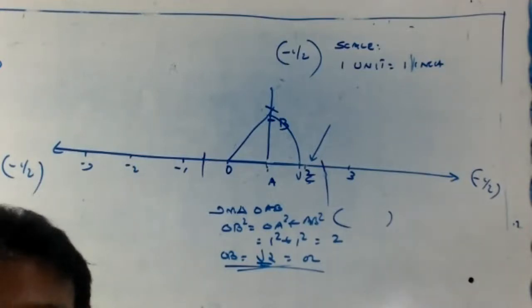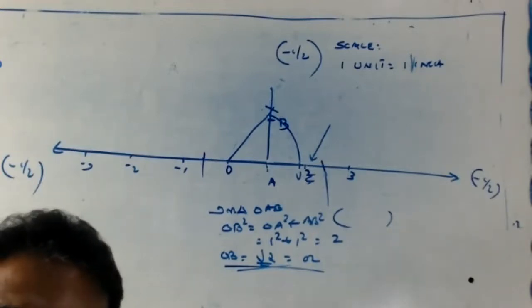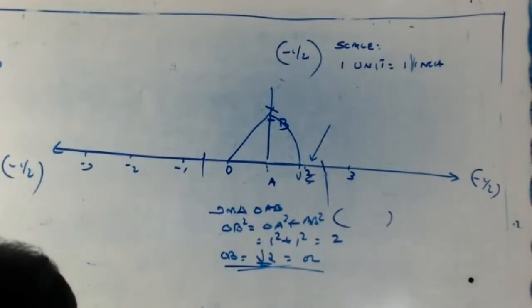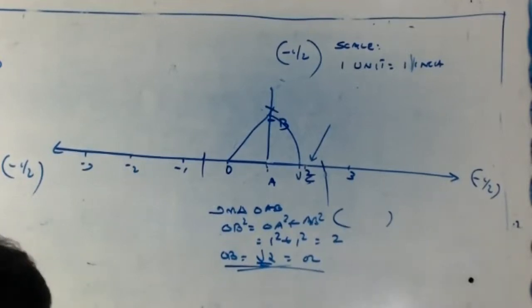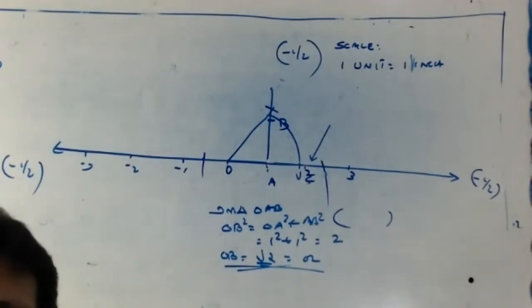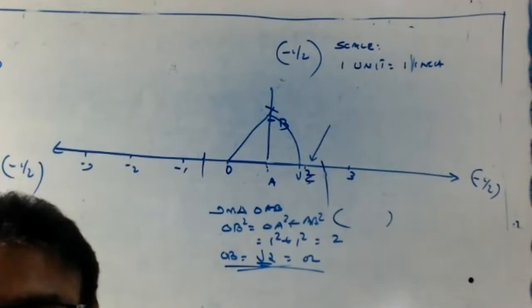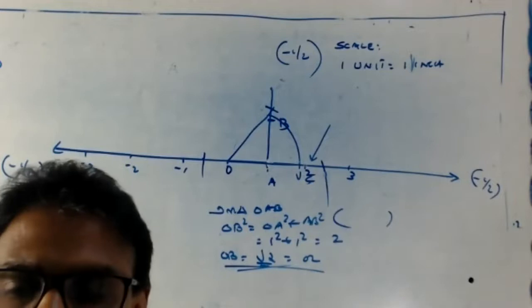Clear or not? I want to see whether we are correct or not. Root 2, with the points, these are the steps. First you write required. Listen. Required: draw root 2 on the number line. Then steps of construction. Write the steps, 5 steps for this. Then draw it. Then justification. Without steps of construction, it is wrong. There is no value there.